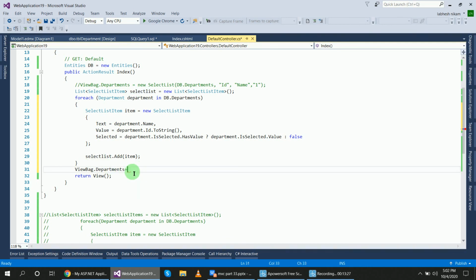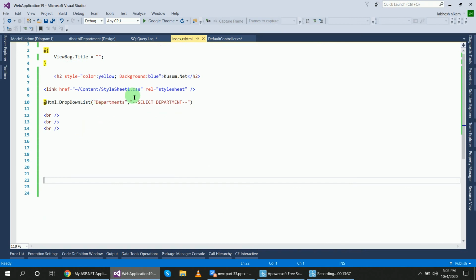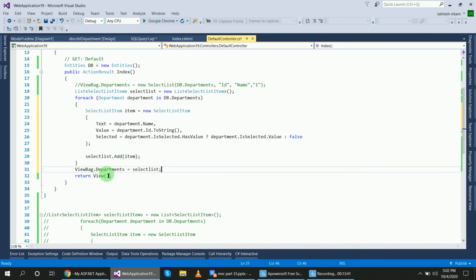Copy and paste it here. So this select list will be added into the ViewBag, and the department names come from this ViewBag property.